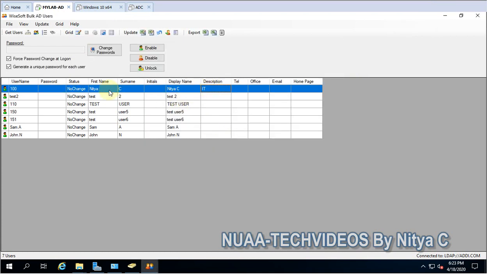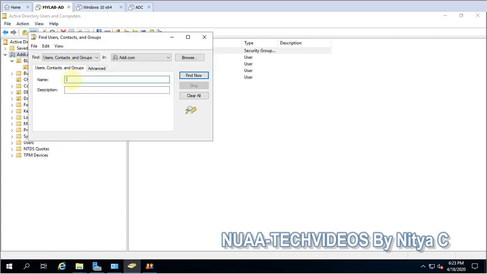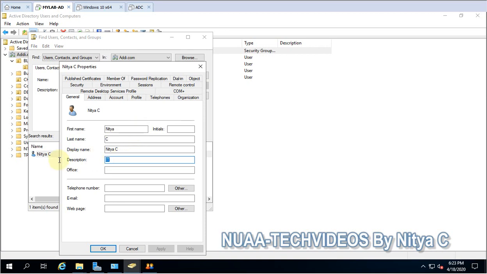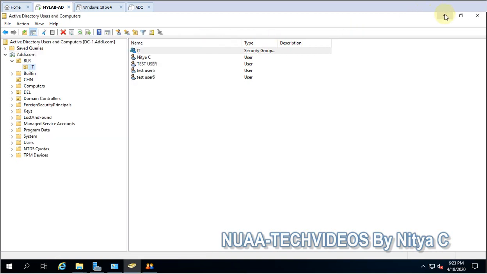If you check this user's property, the description will be added. Let me show you, 100, that is my user. And here you can see the description which I set.